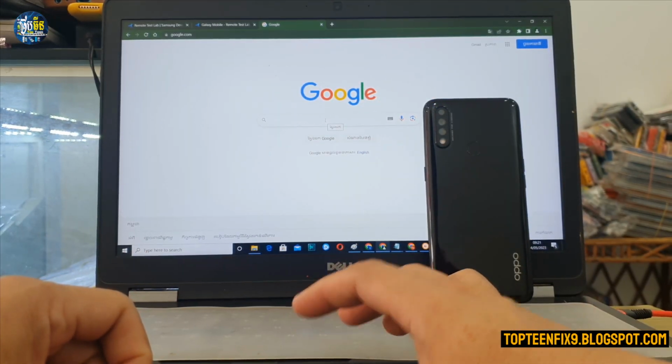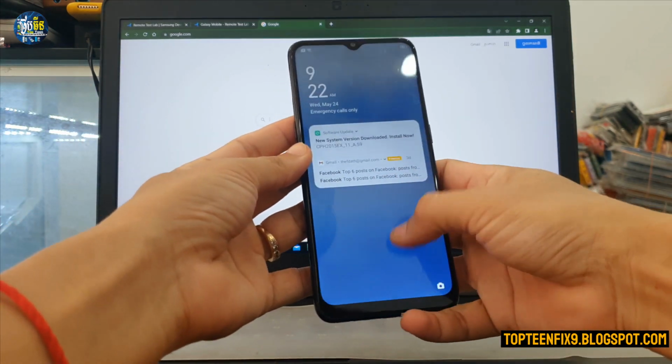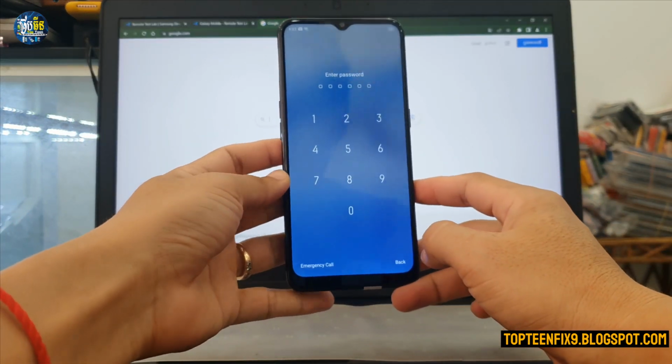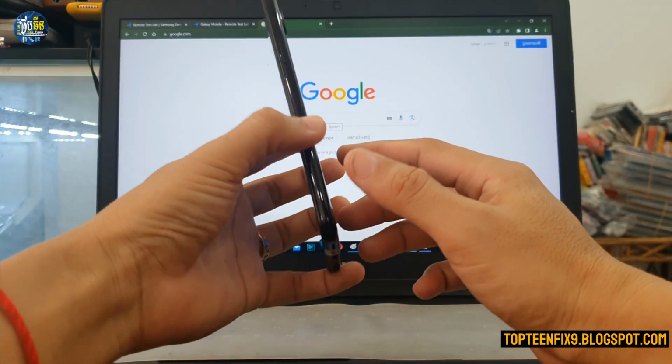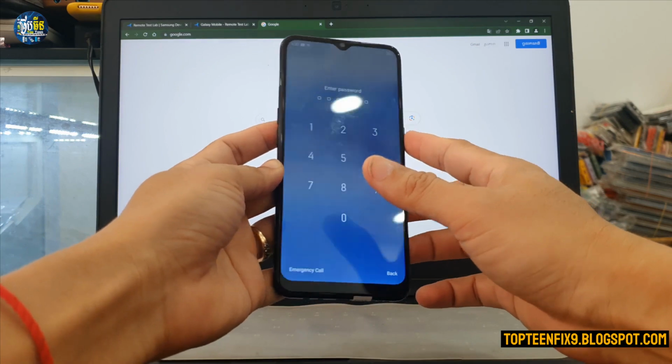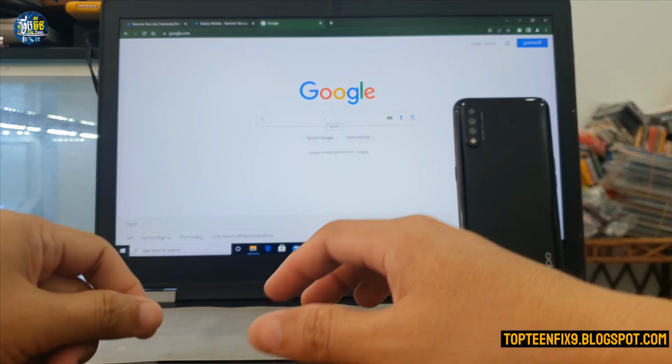Today I want to show you how to unlock the passcode and the FRP on Oppo A31 by using UnlockTool. And exactly the